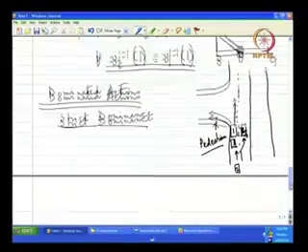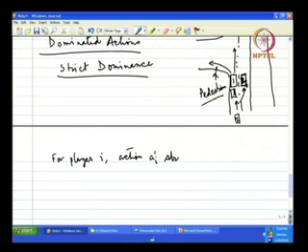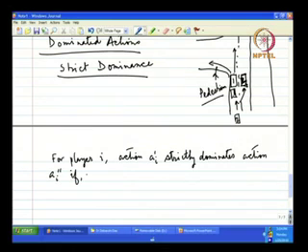So, let me give it a formal definition. For player i, action a_i' strictly dominates action a_i'' if both a_i' and a_i'' are her actions, player i's actions. If